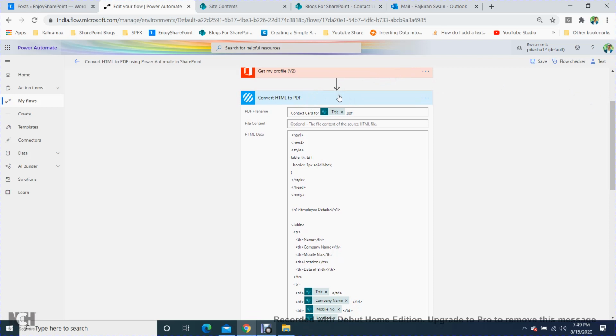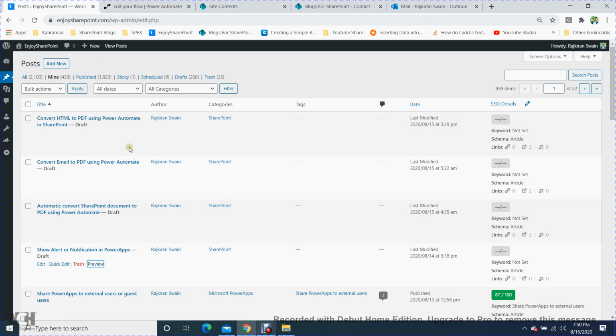But remember that when you add this, it will ask you to give the name of the connection and secret key. Where you will get this key, it will show you the URL of where you will generate this key. Just go to that Encodian and create the key. I will also show you how to create it.